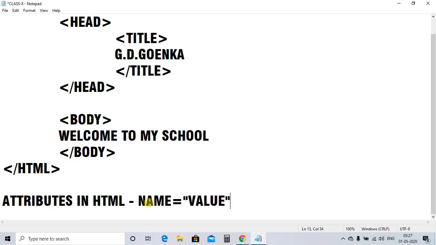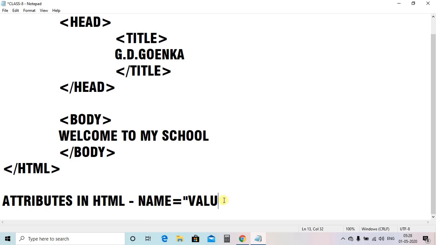The value can be anything. It can be a number, it can be text. That depends on which attribute we are using. So attributes are used to control the behavior of a tag. Whenever we want to control the behavior of a tag, we use the attributes of the respective tag.